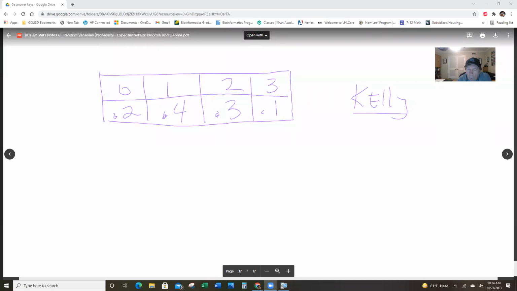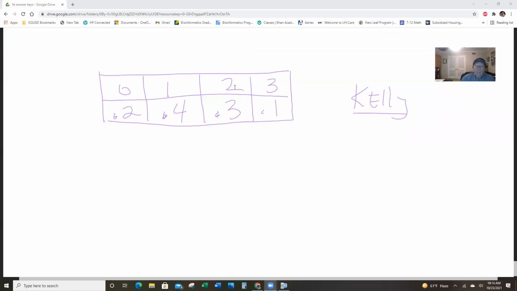Okay. I got a prompt here, and I'm going to go back over a discrete random variable. I'm going to do it a little differently just for teachability here. Just a little extra problem that I like to do. So we got Kelly. She's a basketball player, and Kelly goes to the free throw line periodically. In the games that she's played, she's gone to the free throw line 0 times 20% of the time, once 40% of the time, 30% of the time she's gone twice, and 10% of the time she's gone 3 times.